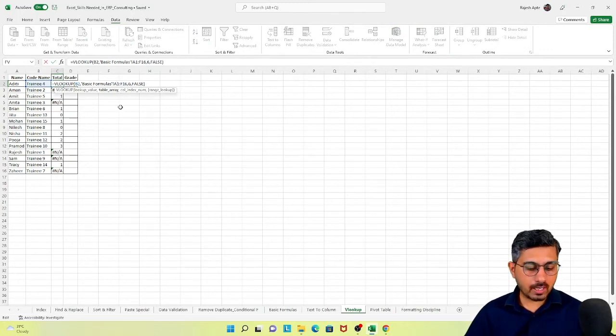And how do I do that? By using the dollar sign. There is a shortcut key for this. I can simply press the F4 key by keeping my cursor over here. And as soon as I do that, it entered a